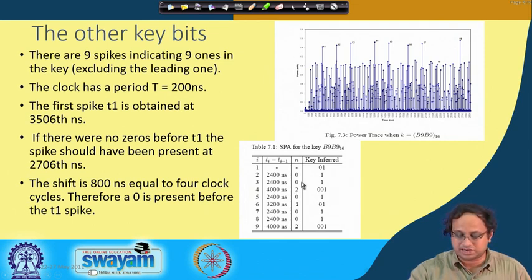So 4000 nanoseconds stands for 2. You can again plug it into the same formula and you will get n is 2. So n is 2 means there is a 1 followed by 2 zeros and then there is a 1, okay. So right now you can pretty much read the entire secret key this way, and you find that the key is 0 1 1 1 0 0 1 1 0 1 1 1 0 0 1. Okay. And this stands for nothing but B9B9, which is the actual key that has been used in this elliptic curve operation.